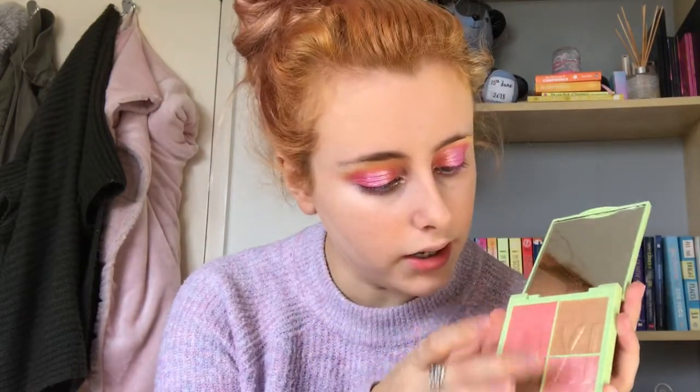So this is Rosetta Ray. This is kind of a rosy one, which is really pretty. Obviously, I'm not going to be using the eye ones in this video, but they are kind of more face appropriate ones. This is Hazelnut Haze, which is gorgeous. These are perfect for autumn. It's my 2 autumn moods. To me, this screams face palette. You've got a highlight, blushes, bronzer, and then there is another one,